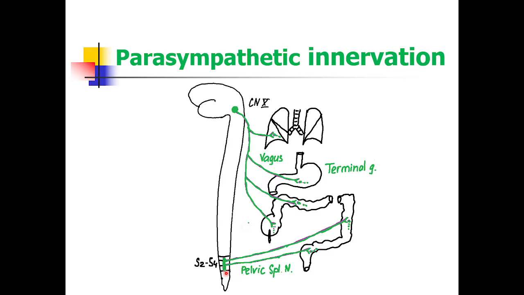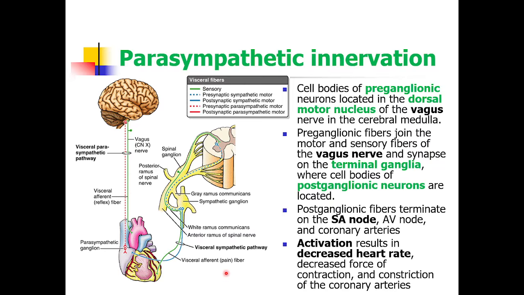Okay? Good. And now we are just wording again. So, preganglionic parasympathetic neurons are in the medulla, in the dorsal motor nucleus of vagus. Preganglionic fibers run through the vagus nerve to the terminal ganglia inside of the organs. Postganglionic fibers are very short, microscopic, to innervate. Are you guys okay? Yes.